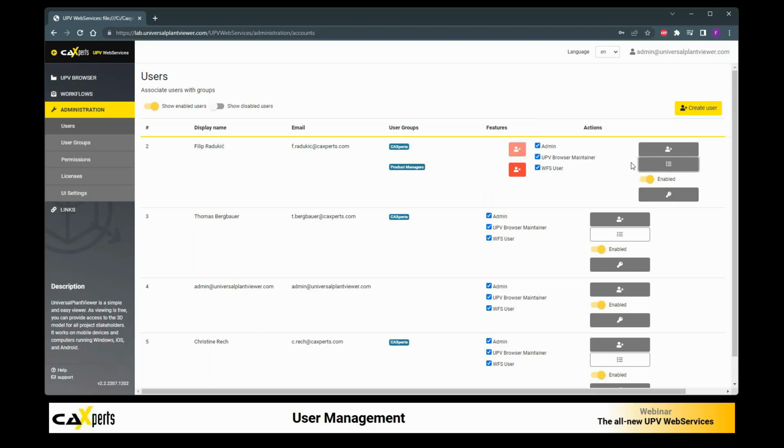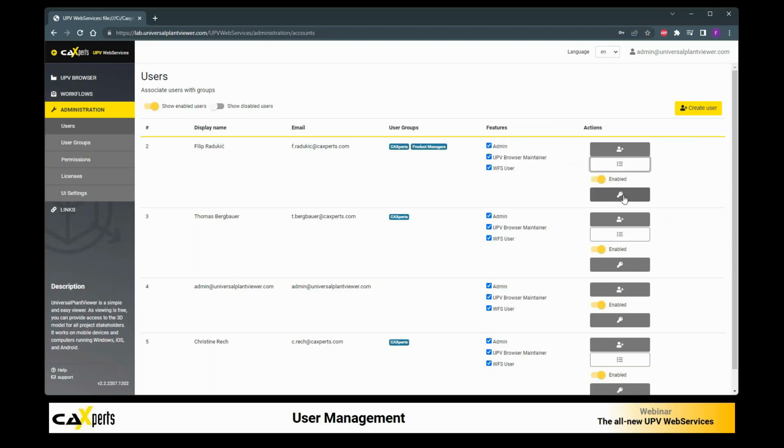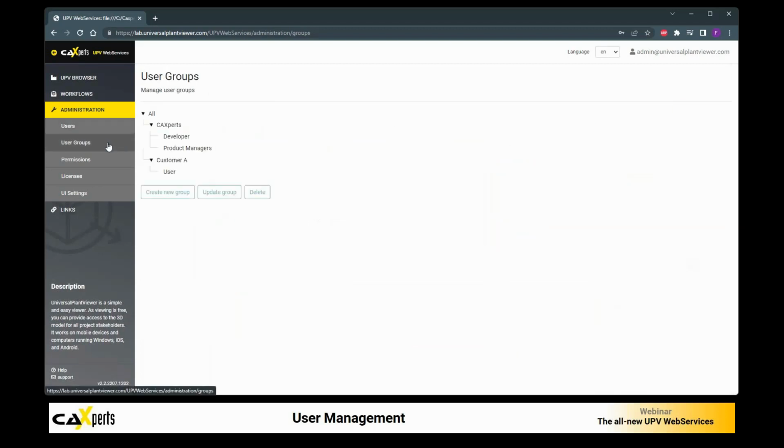Here we can also remove certain permissions, or change the password, which only works if the user has been created in the UPV Web Services. If it's coming from an outside authority, obviously you have no access to that, and then this button basically has no deeper function. User groups can also be created easily,